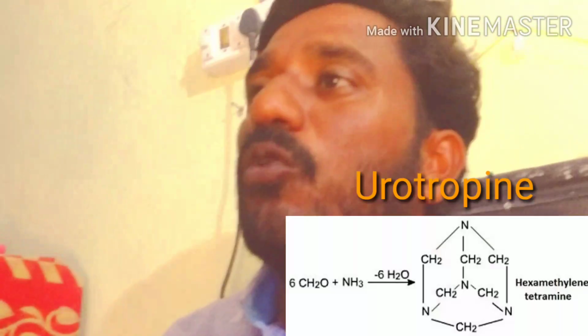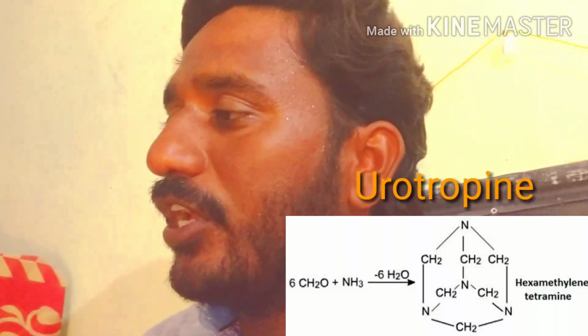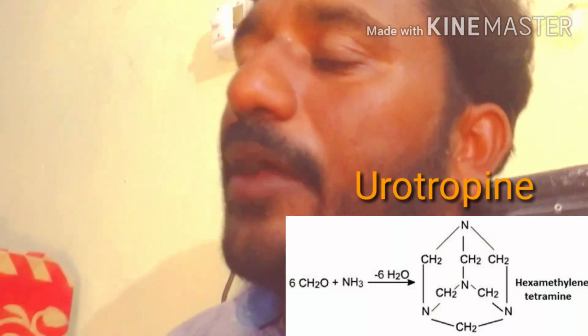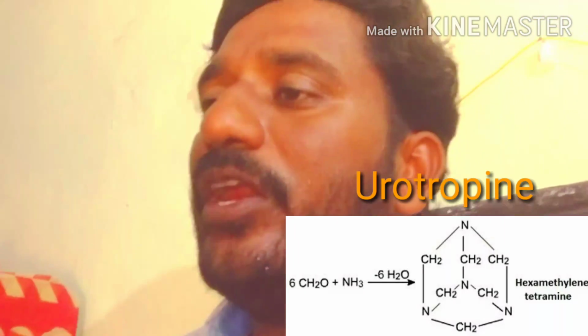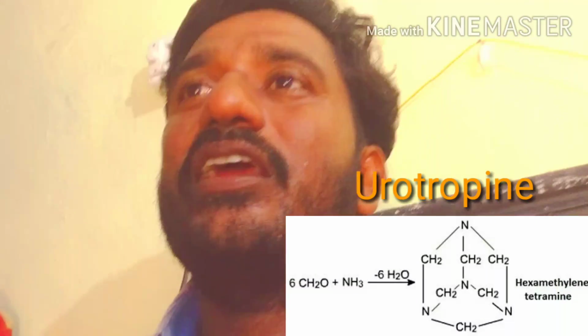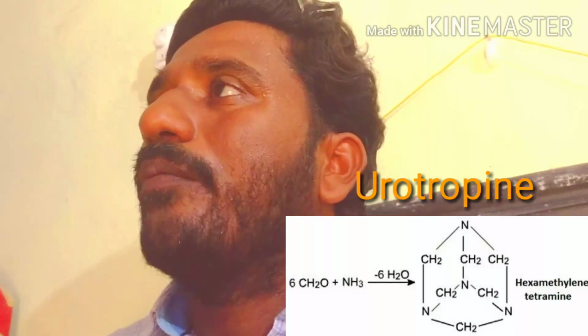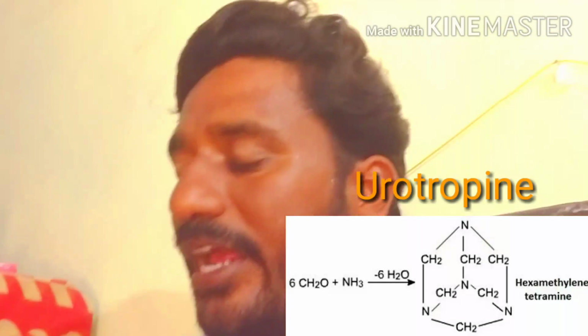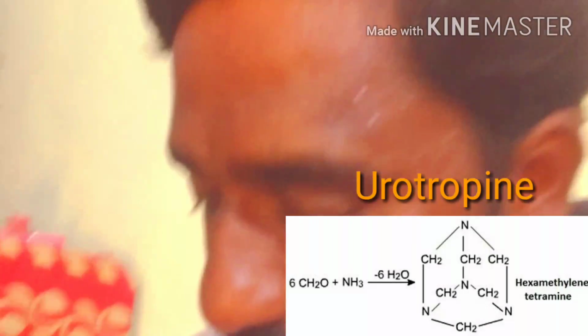Next reaction: for example, if you take formaldehyde reacting with 4 moles of ammonia, we get urotropine as the product. It is hexamethylenetetramine, which we call urotropine. It is a product used in the Sommelet reaction to prepare aldehydes like benzaldehyde. So this is the reaction we do here.